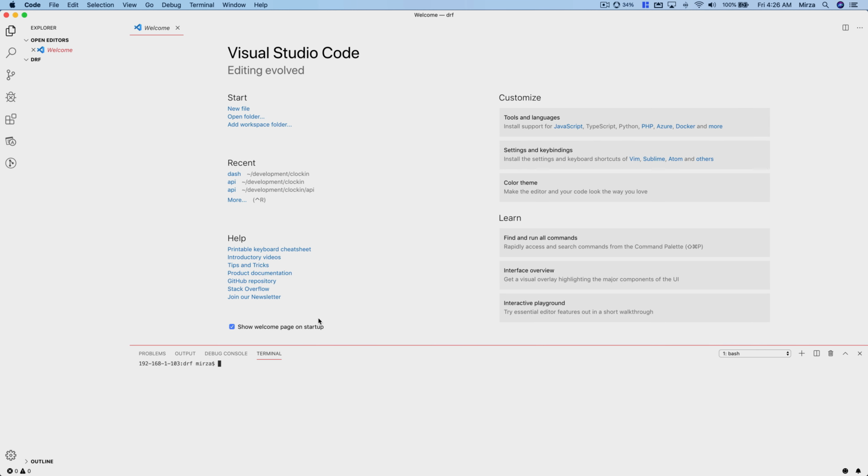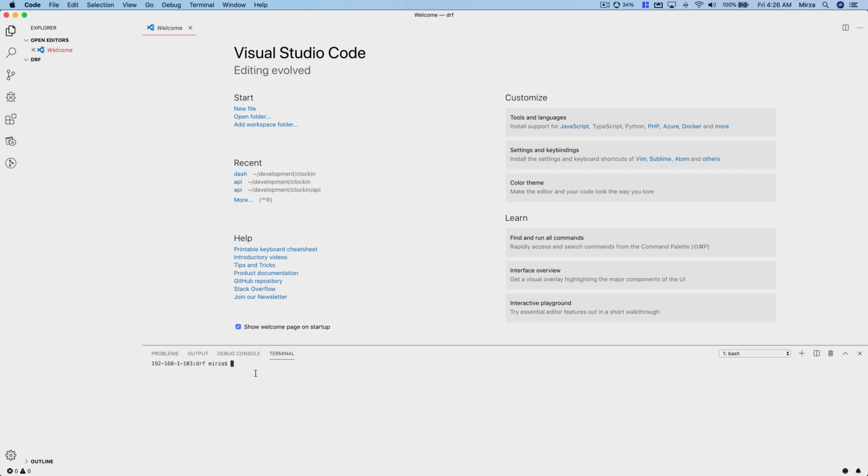VSCode comes with a terminal built into it. Here you can see I'm in a terminal. Now, a few things we would like to do. We would like to create a virtual environment for our Django REST framework development. The virtual environment is basically going to help you not clutter your global Python, and it's going to help you install packages locally, particularly for this project. So first of all, we're going to create that,